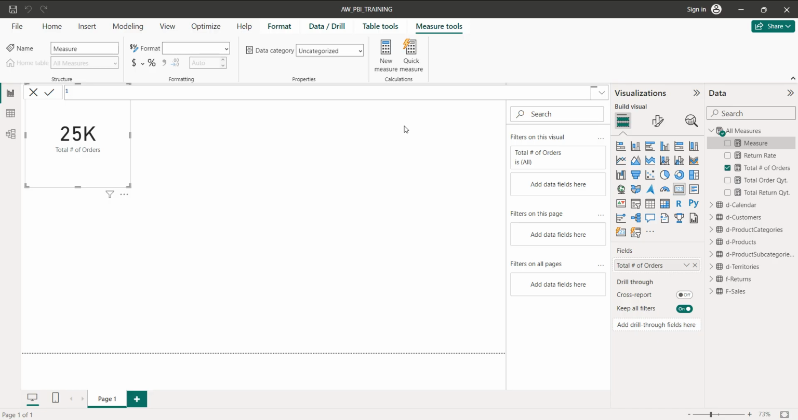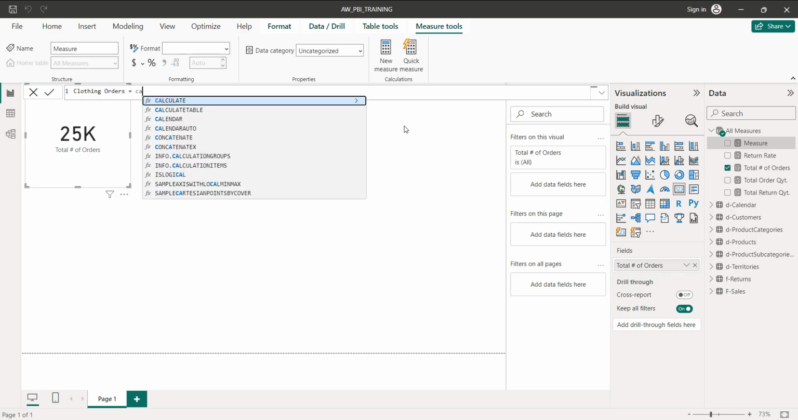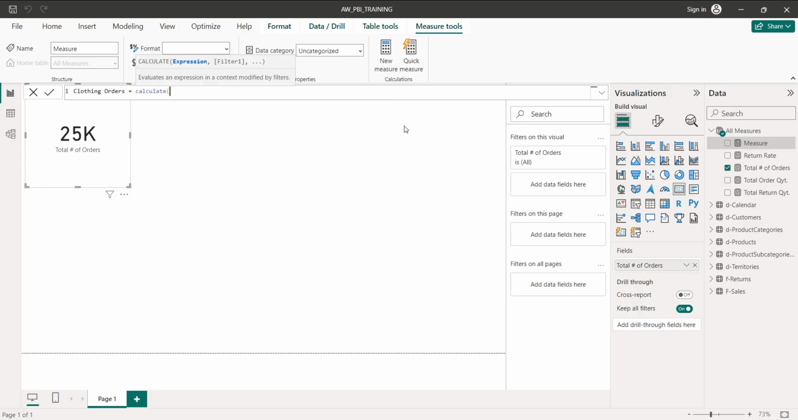So now, clothing orders equals calculate. Once you type calculate, it asks for the expression, and again the filter: evaluate an expression in a context modified by filters. We know about filter context and row context. So what we want is the total number of orders,